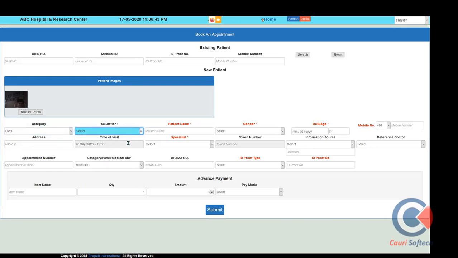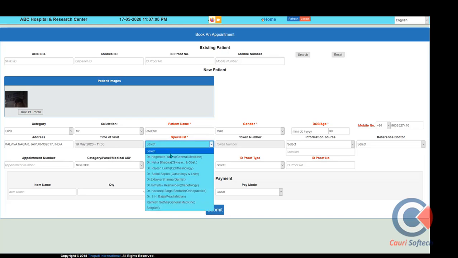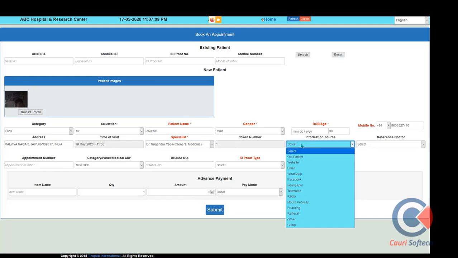Let's try a sample entry to understand more clearly. I am creating a sample patient for you to get the record. Here, we can select the doctor and the time when the patient is requesting the appointment, and the slot time allotment, and after that select the doctor for whom the patient appointment is being taken. The source of information, how the patient came to know about the hospital, can also be recorded for marketing purposes, like any Bhaskar, we can select the source here.